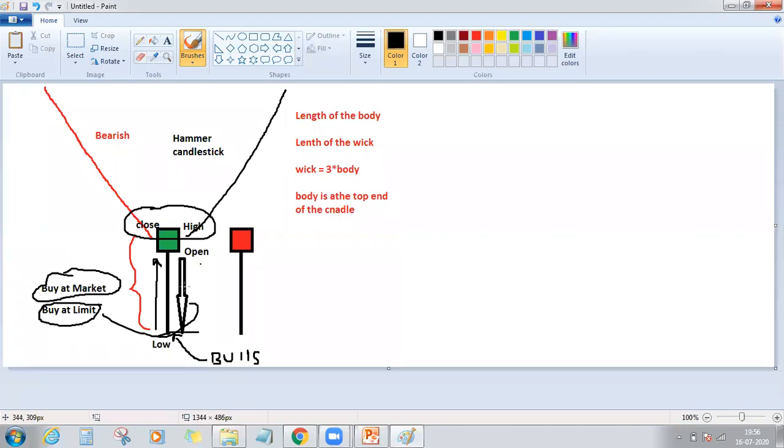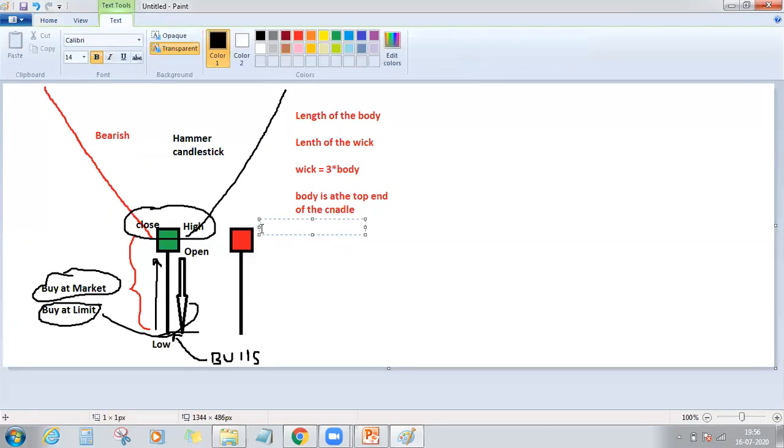Now, sometimes buyers might not be so strong to completely defeat the bears. When can this be the case? When the sellers here are longer time frame sellers. Then within a single day, they might not be able to defeat the bears. So they might take a day or two. So on that particular day, price will close here. So this was the actual opening price where open was equal to high.